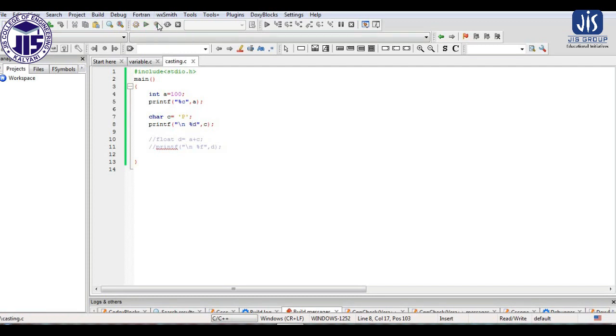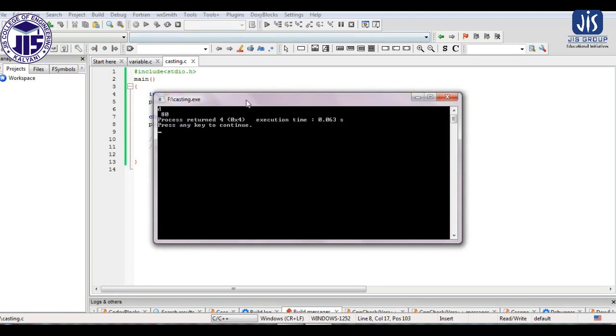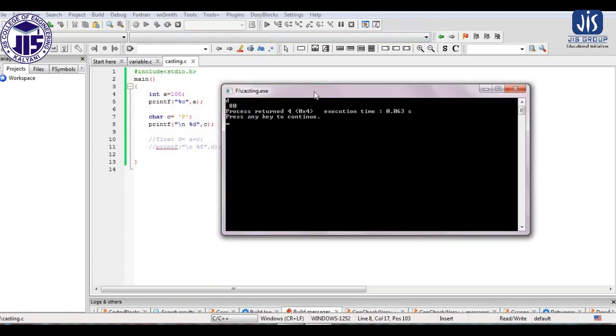But if I compile the program, you can see it easily compiles. The printf statement printing the value of A, which we assigned as 100, prints D. In C we have the character P, but as output we are getting 80. So this D and 80, we have not taken as input for A and C, yet we are getting them as output.